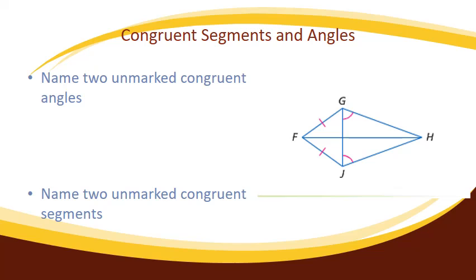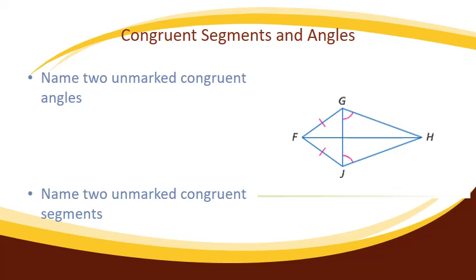figure here. And it says first we're going to name two unmarked congruent angles. Now when I look at this diagram, that's one of the ways they may try to confuse us. I actually see this is a kite, and I actually see 4 triangles in here. And so I've got to focus in on what it is that they're asking me to find. And first thing I think I want to do is identify,